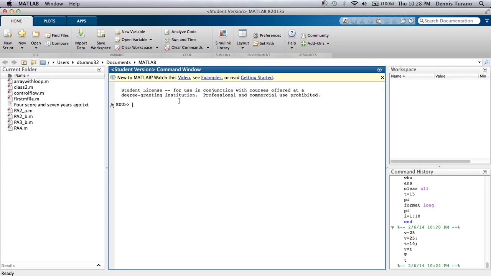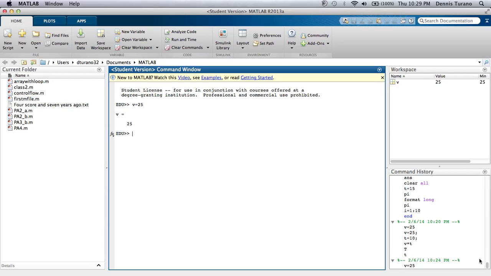What you do is you type in any letter, so I'll choose V, and then you type the equal sign and then put in any number. So I'm going to do V is equal to 25. Then you press enter and you can see that MATLAB understands it and takes it in, and it also stores it over in your workspace so that if you ever look over you can see the variables that you've used, so the name V, the value 25, and then where it is also stored is